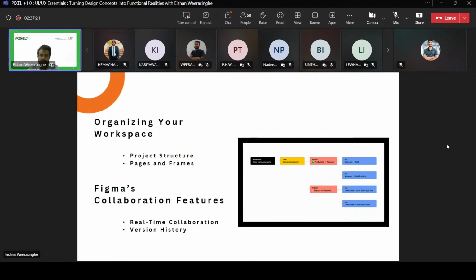Okay. So when we move to the collaborative option, we have to consider these things as well. Organizing your workspace is the main thing. You have to have an idea about the project structure, the pages and frames. Creating a clear project structure is the best thing. As an example,